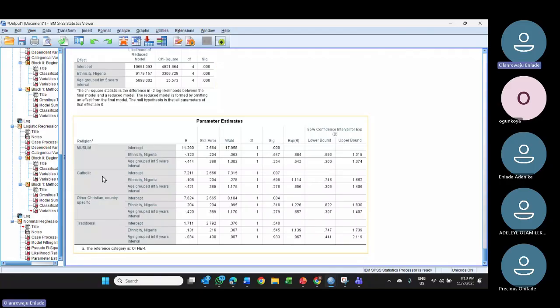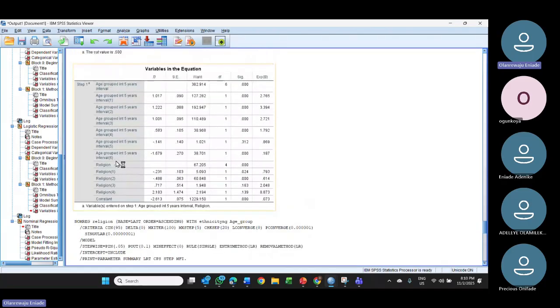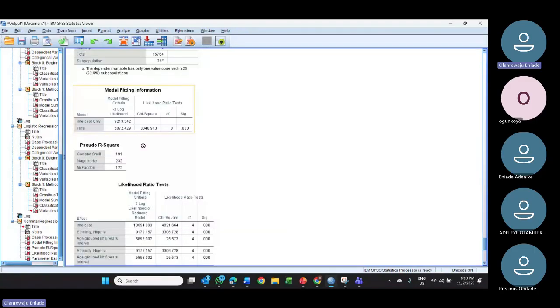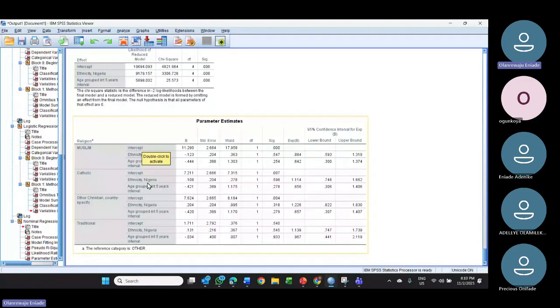The outcome variable here is religion. Look at it. Unlike binary logistic regression, which reports only the covariate, multinomial is going to report for each group using one as reference. So this Muslim here,